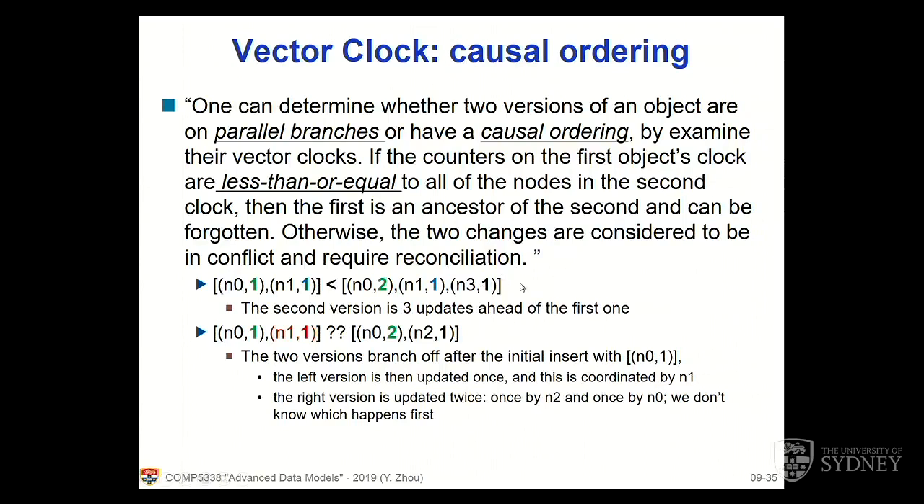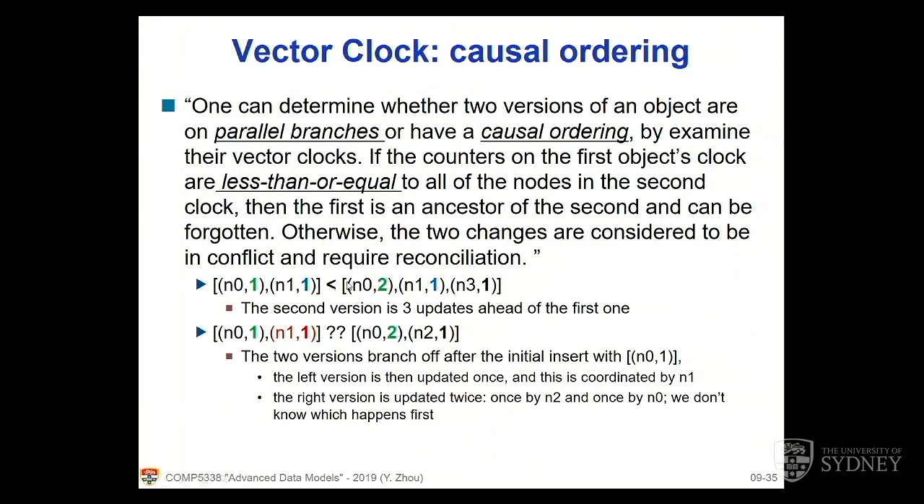Okay, so how do we know? If the counter on the first object's clock is less than or equal to all of the nodes in the second clock, I know it's a bit hard to understand, that's from the original paper, but we'll use the example to explain it, then the first one is an ancestor of the second and can be ignored. Otherwise, they're considered to be in parallel branches. So let's see